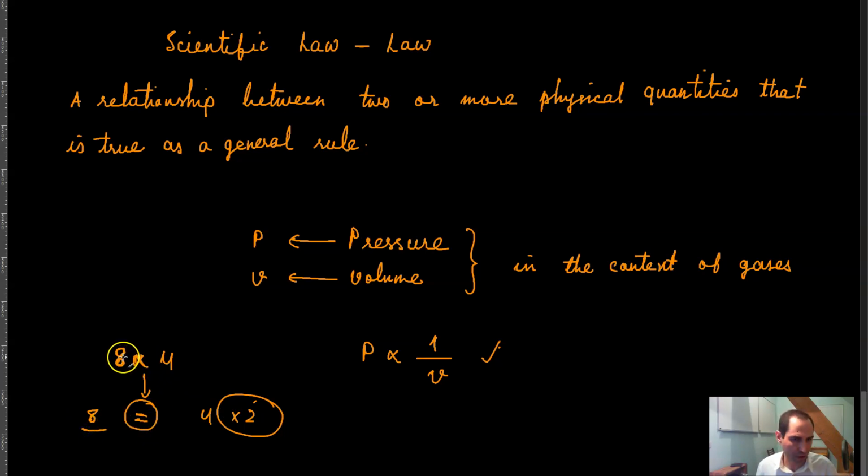But then of course I can say that 8 is proportional to 4, right? So I can take this as a constant that had to be multiplied by 4 in order to get this 8. So I can do the same thing over here,